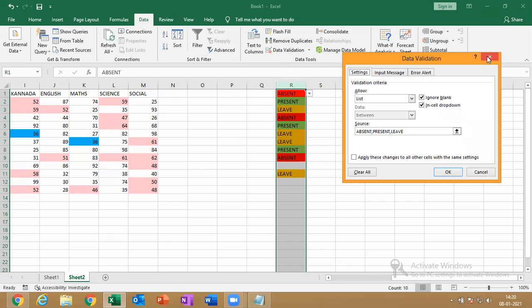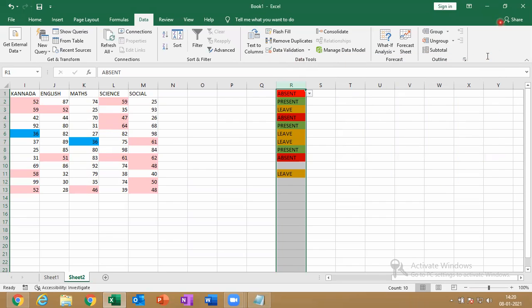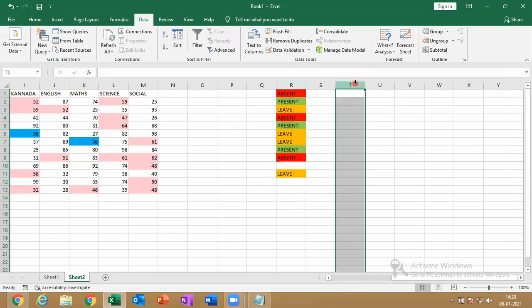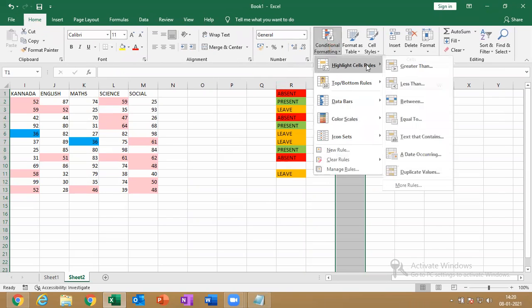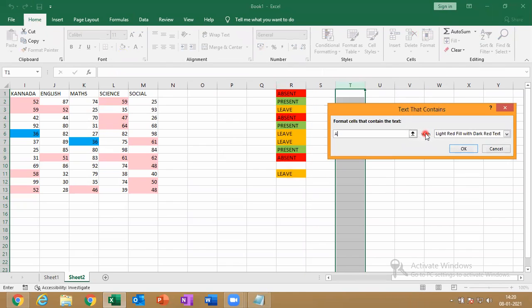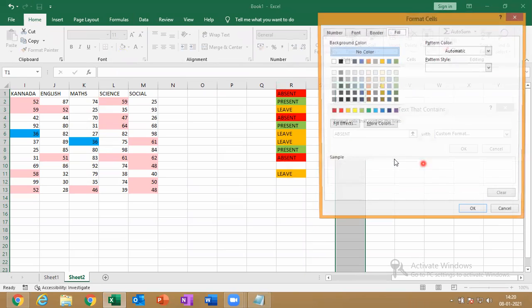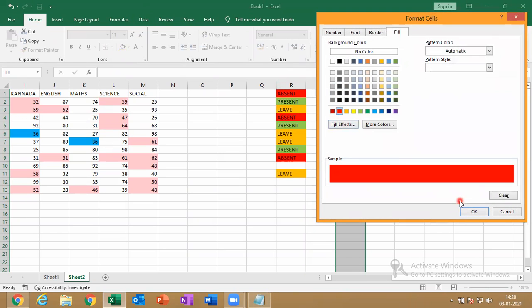Okay, see here. From first, I will do it. Select the entire column. Home tab, conditional formatting, text that contains absent, for absent, custom format, red color.